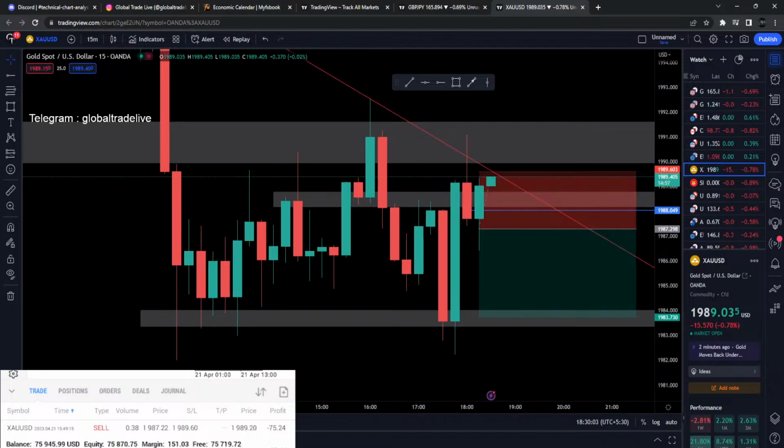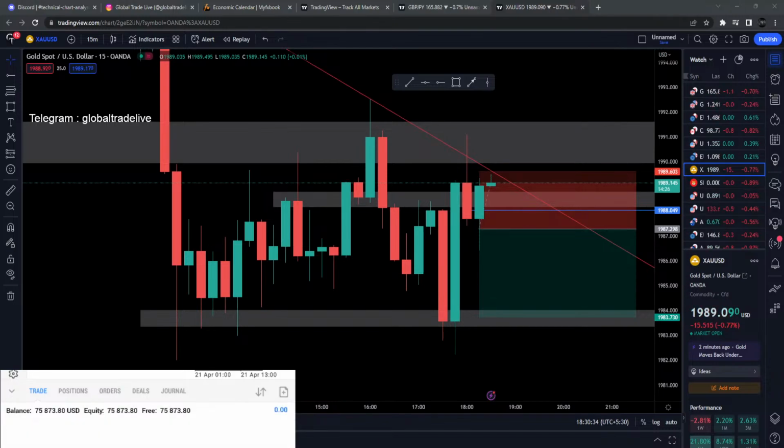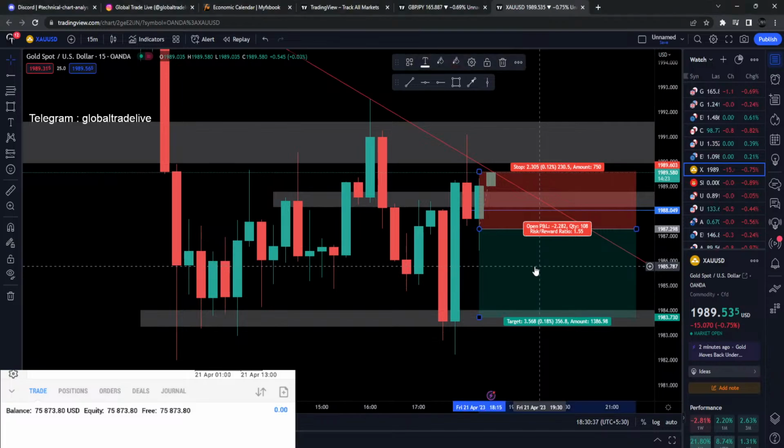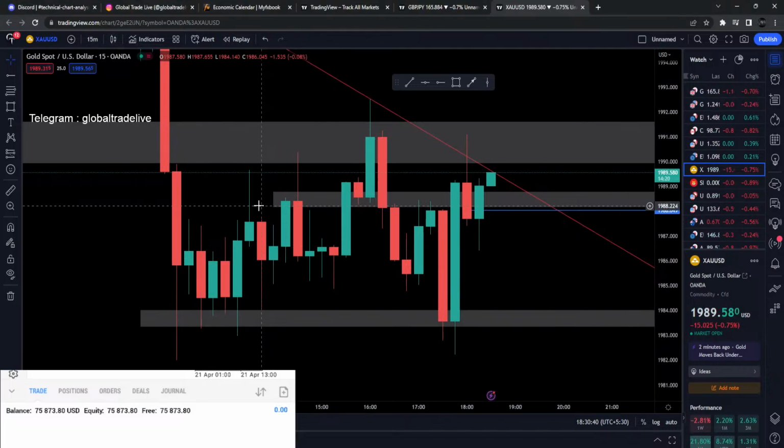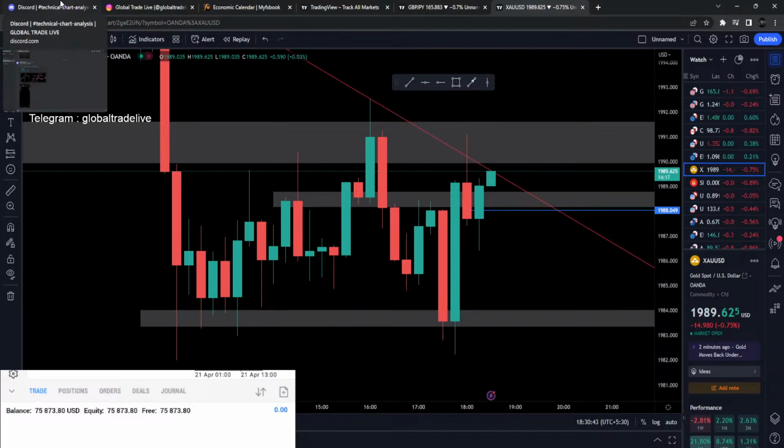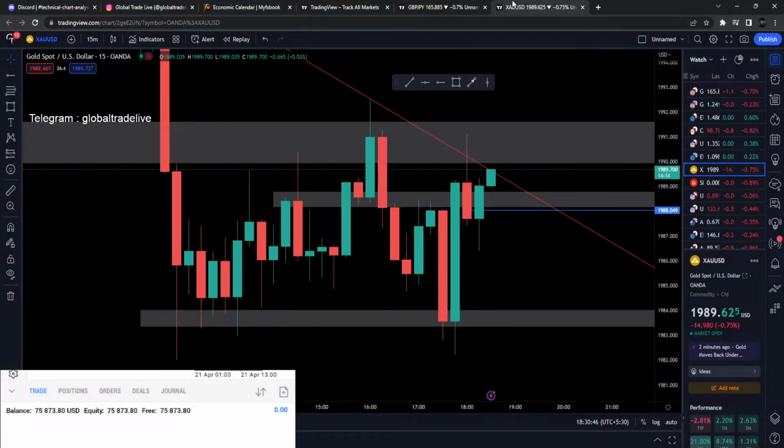Oh, okay, it just closed strong bullish. So I think let's just close everything once the candle tries to push the price down. Actually, I have closed everything over here. Yep, no point in holding this trade. Yeah, so let me just show you on my Discord how this trade went out. I'm gonna send